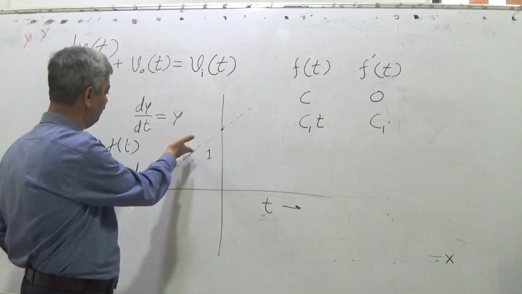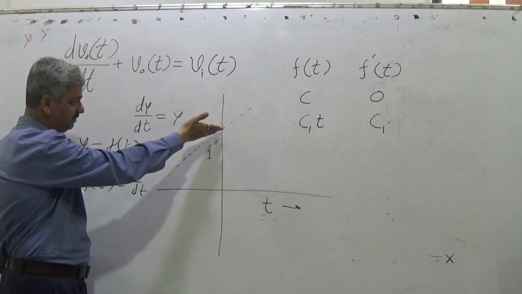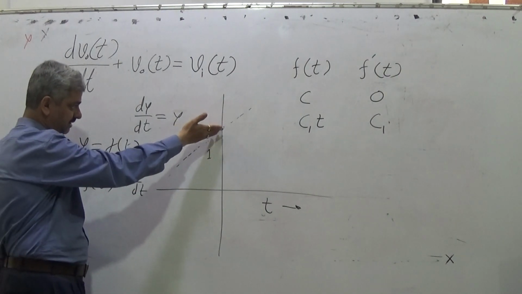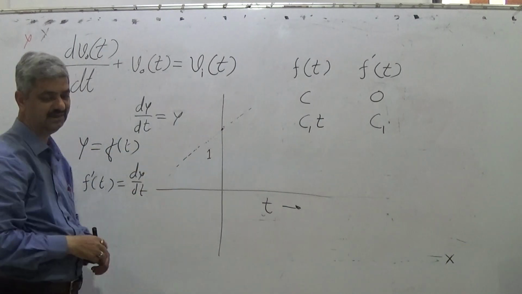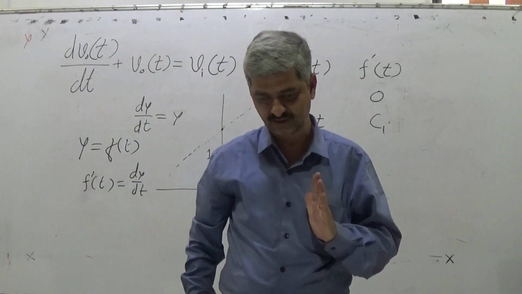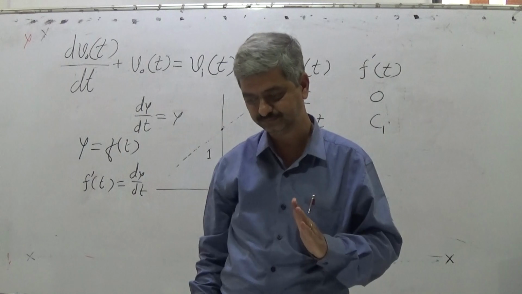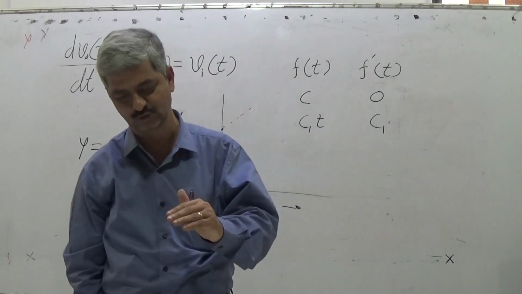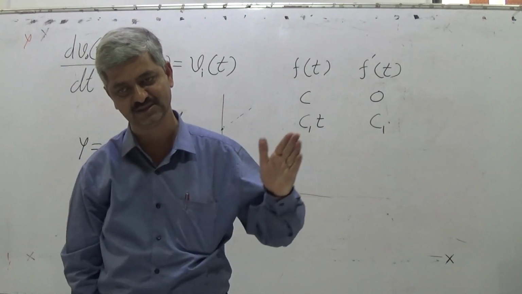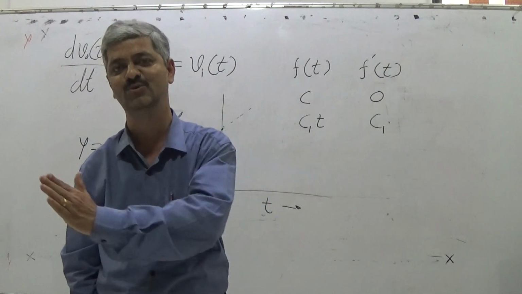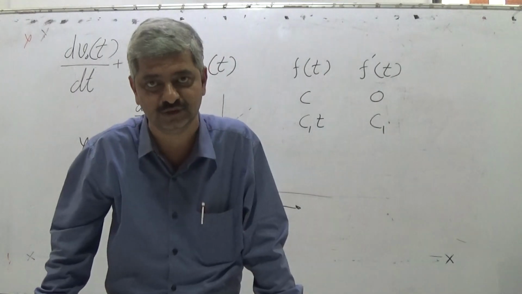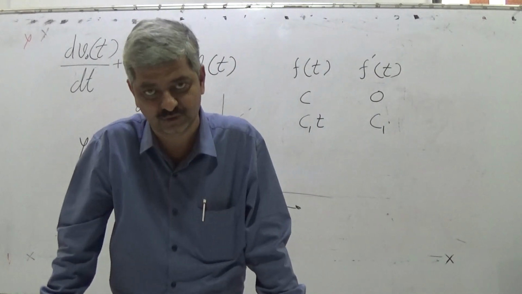And on this side, what should be the scenario? As you come behind, the slope should be less. I am talking of such a curve. At t equal to 0, slope is 1. As t increases, slope increases continuously. As t decreases, slope decreases continuously. And that function is the magic function e raised to t. y is equal to e raised to t is such a function